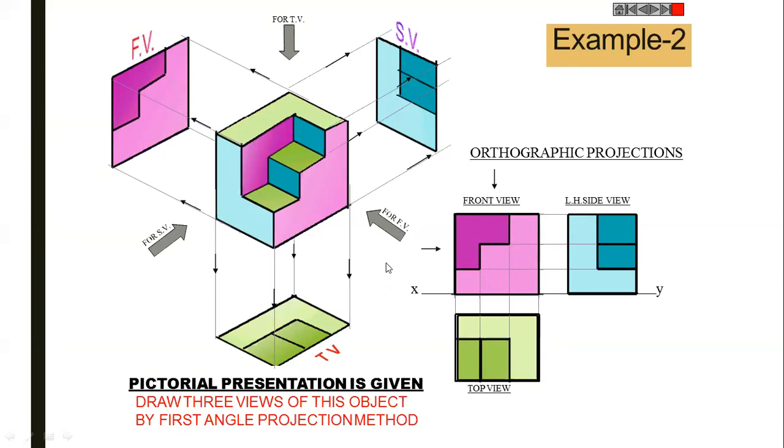What about the side view? Over here they have given this side view, meaning it is the left hand side view. If it is the first angle projection method, the left hand side view will be on the right side. So it is to be drawn on the right side. Okay. So this height is similar to this height. So we have to take projections from the front view like this directly. After taking projections, this portion is visible. So first we have to draw this portion, and the remaining lines from here are directly joined.